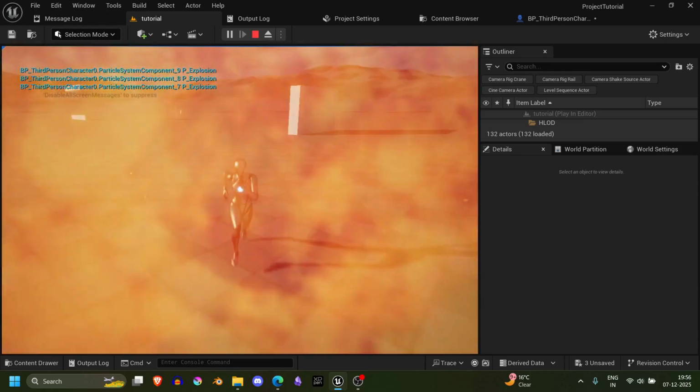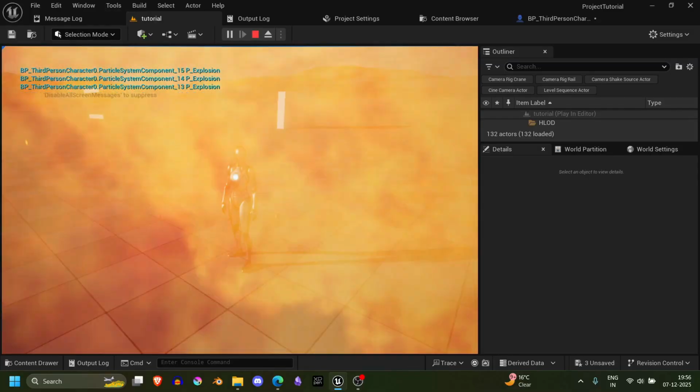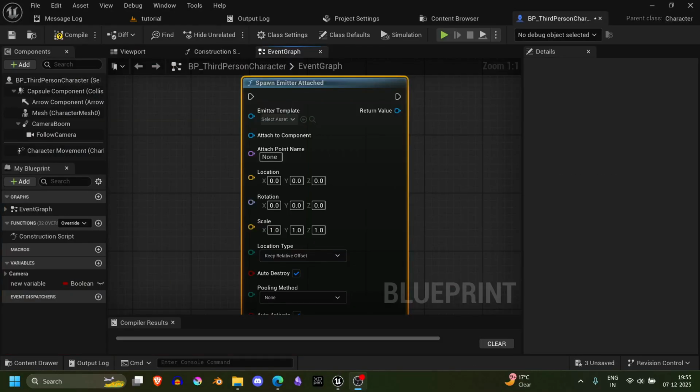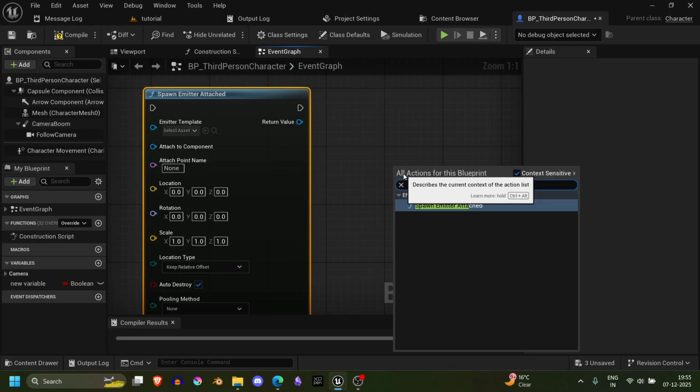So you want to attach a particle effect to a moving component. That's Spawn Emitter Attached. Now instead of just spawning once, they stick to your socket or bone. Perfect for trails, flames, or effects tied to characters. Now to get this node, just right click and type in Spawn Emitter Attached and you will get this node